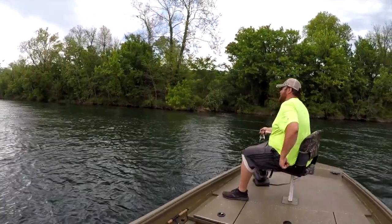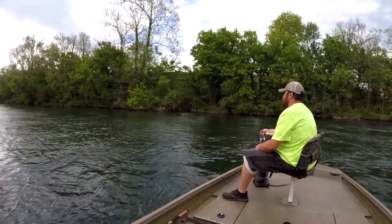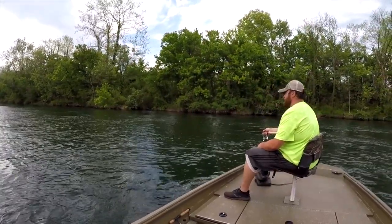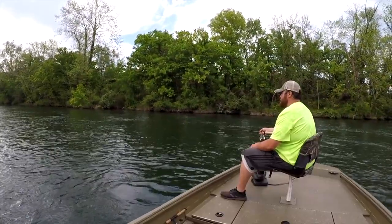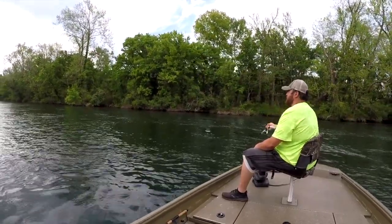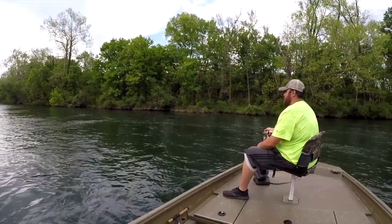Fishing reports for the day. Captain Steve Dickey had a trip this morning. He said they boated like, I want to say 27 fish this morning. So sounds like they were doing pretty good. He said they were using small sculpin or white jigs underneath a float, about 14 foot. In order to do that, he's using, oh, there's another fish. In order to do that, he's using a 9-foot rod,